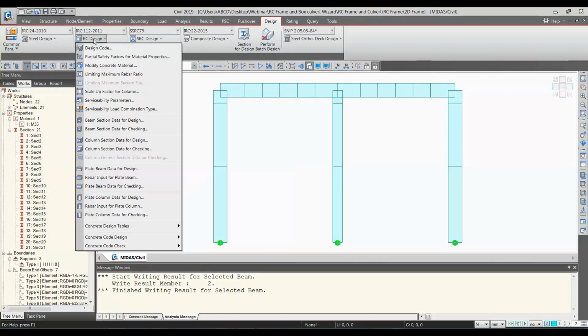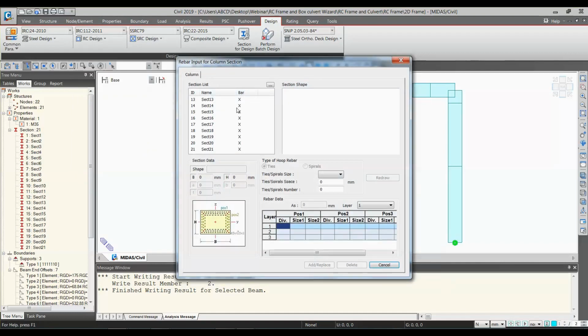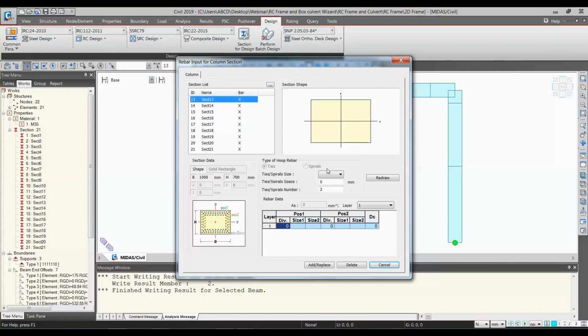Now let's check the data for checking. So as we have designed beam, let's check the column section data for checking. Okay, so here what we will do, here you have to give the ties. Okay, let's say 100, and here you have to give the data of the reinforcement.